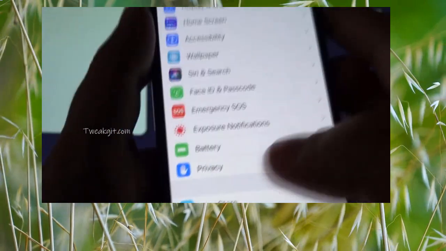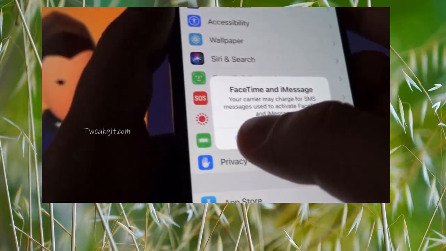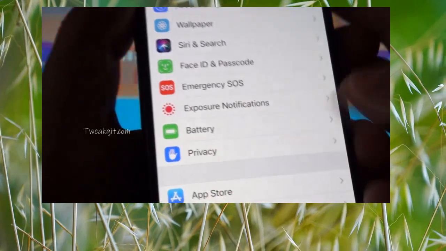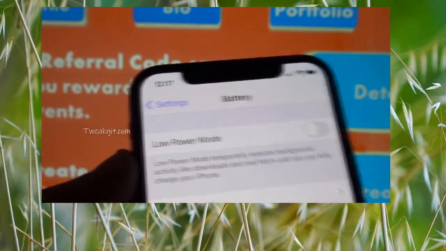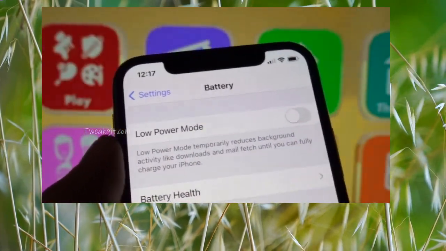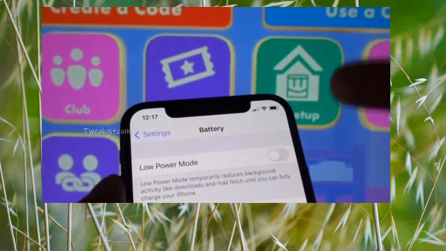settings and make sure that your low power mode on your iOS devices and your power saving or battery saving modes on your Android devices are turned off. This is step number 1, which is for both Android and iOS devices, in which you have to make sure that your power saving modes are off on either of your Android and iOS devices. Once you've done that, simply exit your battery settings and move on to step number 2, which is that you